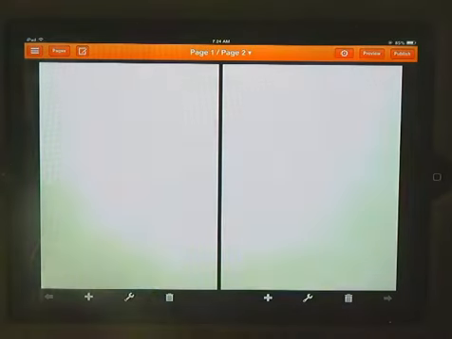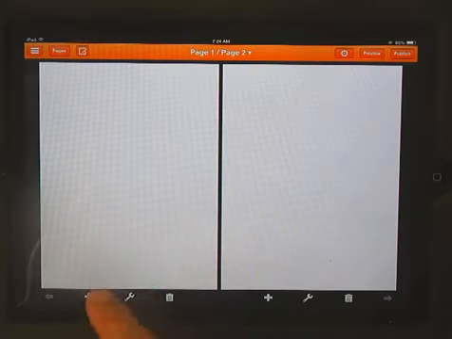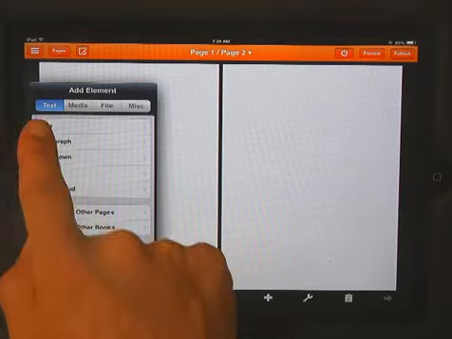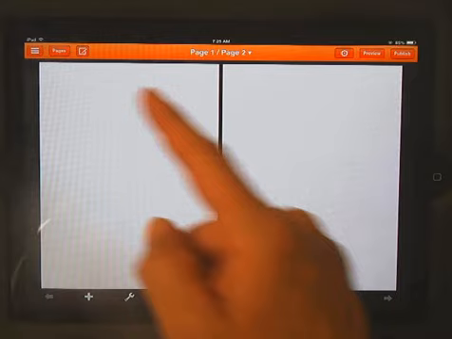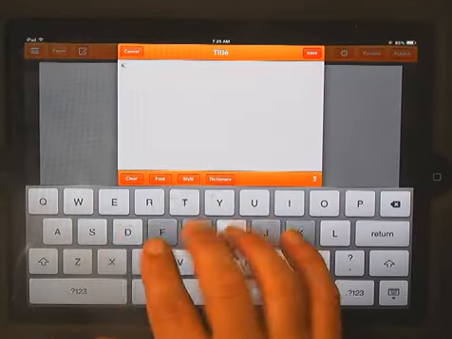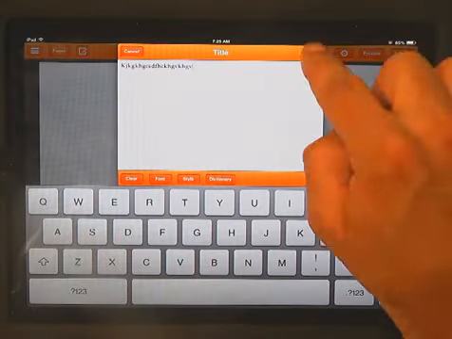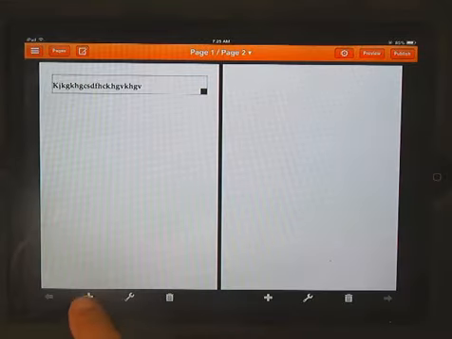When you go ahead and click on that, you're going to want to first add elements to the book. So you can click the plus sign, you got text, media, and we'll also use some miscellaneous stuff. So I'll start with text. Here's the title. You can go ahead and type in your title. Click Save. If you add another element